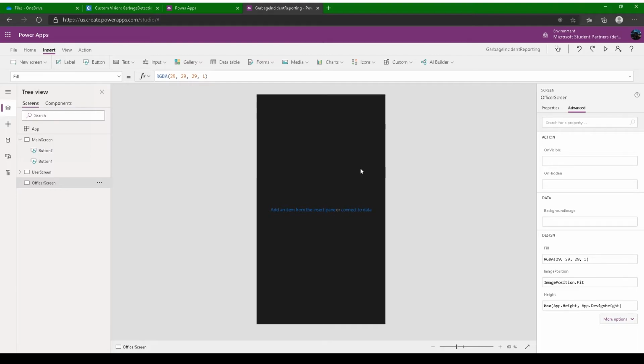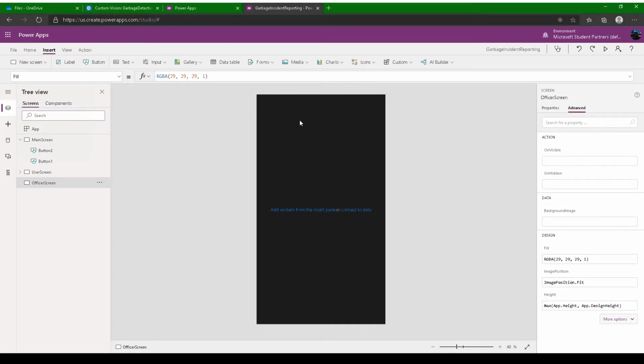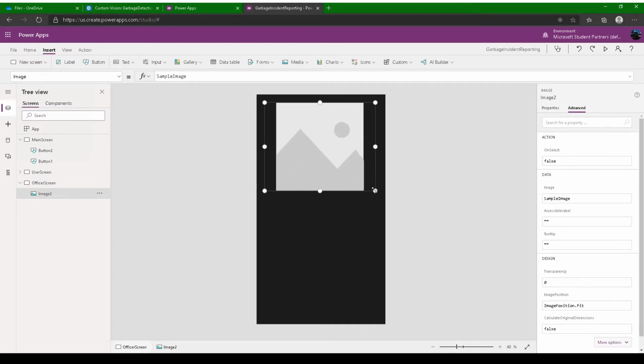So when the officer clicks here, it would redirect to this. So what would an officer need? He needs to check the map console. So we'll add the map console and database and everything here. In order to start, just use the image button here, and here it will show the image of the map that it fetched. Okay, so let me show you how it's done.